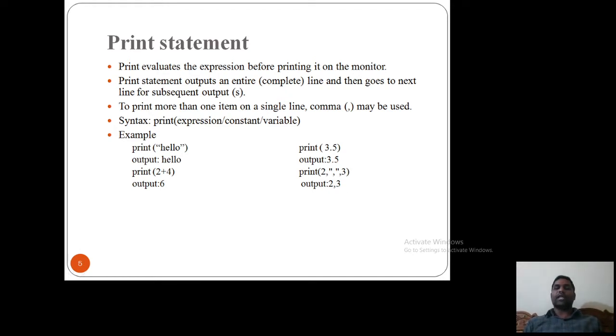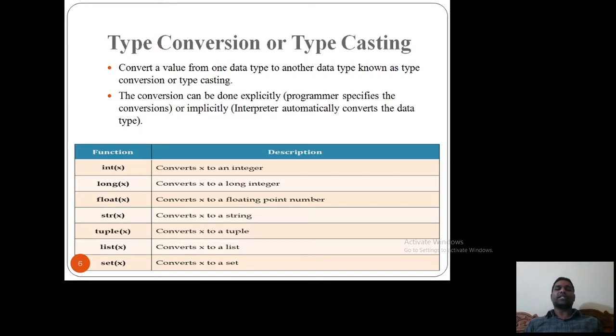Now we'll move to the next slide. So the next slide is type conversion or typecasting. So what is type conversion and what is typecasting? Converting a value from one data type to another data type is known as type conversion or typecasting. That means I take a data input as a string.